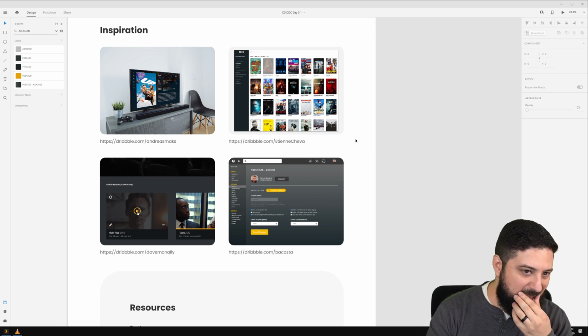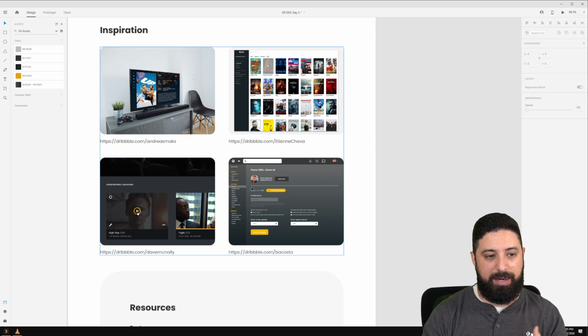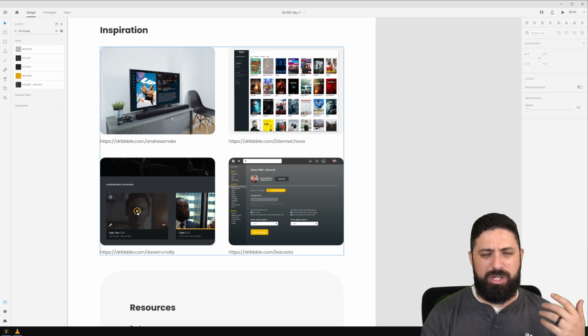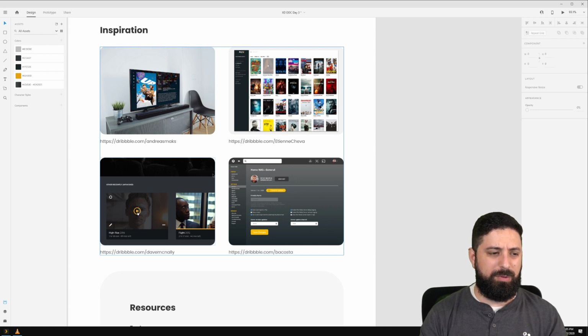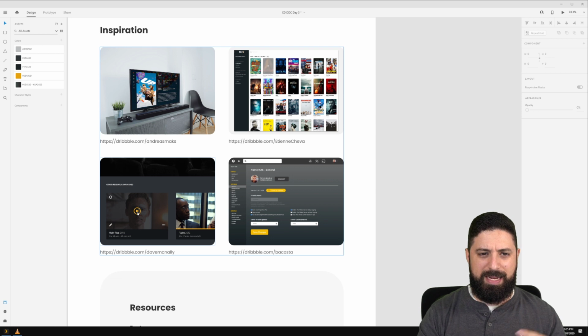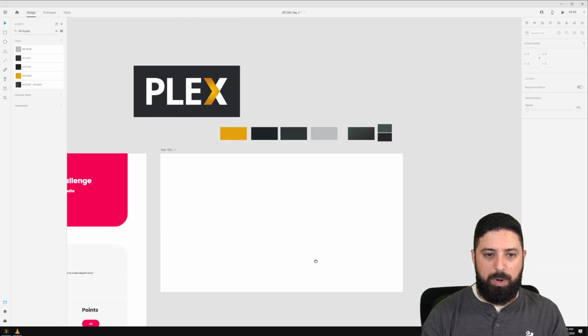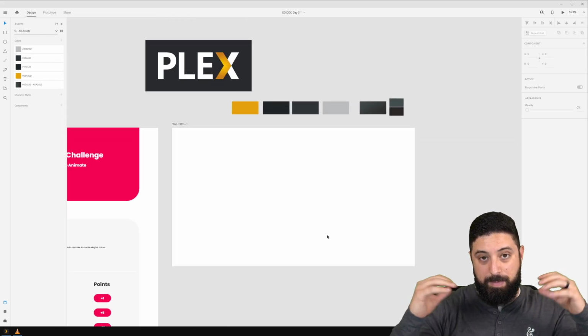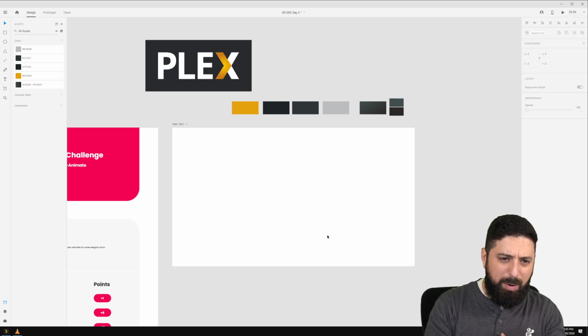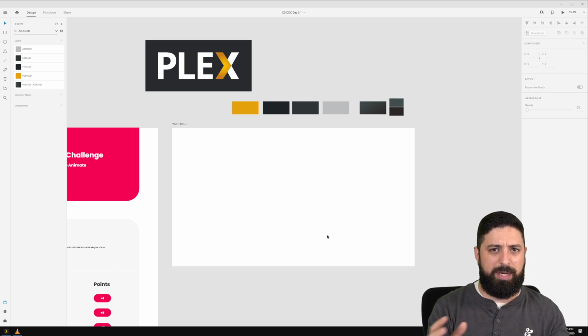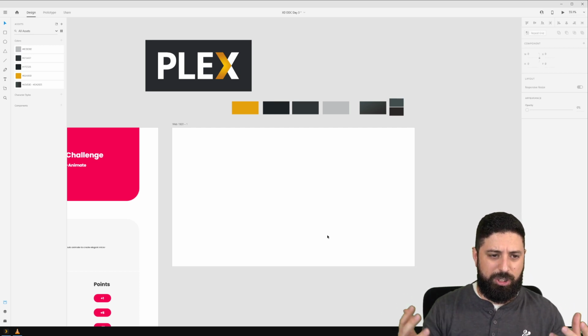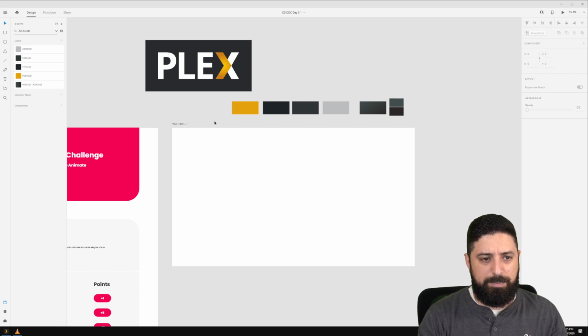I would encourage you to go look at apps like Plex, and I've pulled in a couple of examples of that application here. Go check out things like Netflix and Hulu and Amazon Prime, and we're kind of in that realm. Really, any kind of media type application is pretty applicable here. What we're going to want to do is have my library, and have some animations as I start to click into a series or a show that I might be interested in.